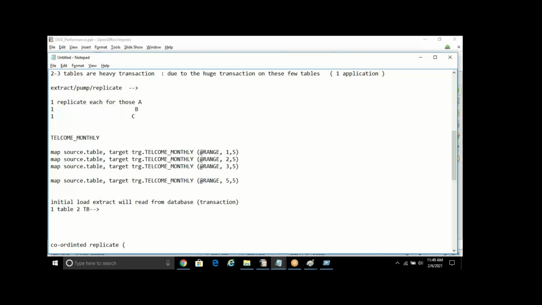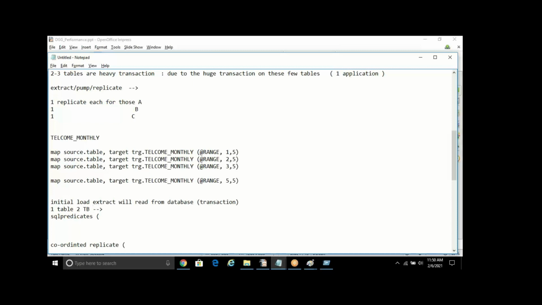So here was a game plan. What we did was try to reduce the work of the extract. Now one guy used SQL predicates, but this in turn will slow down the extract. What I mean to say is, give extract only one job, that is to read from the database. Don't give it more jobs like filtering and scanning. So what we did, we created a few temporary tables. Since it was a 2 TB one,